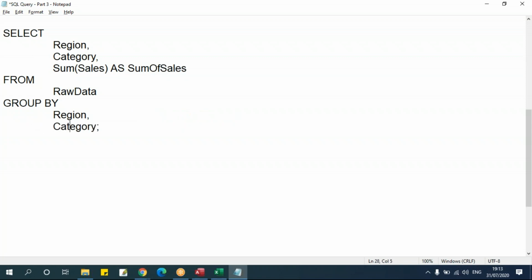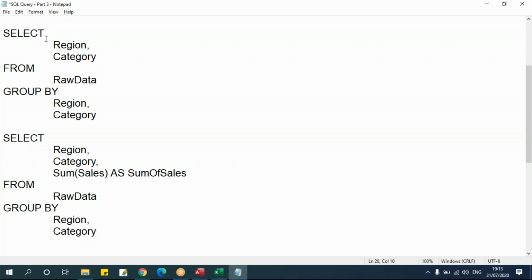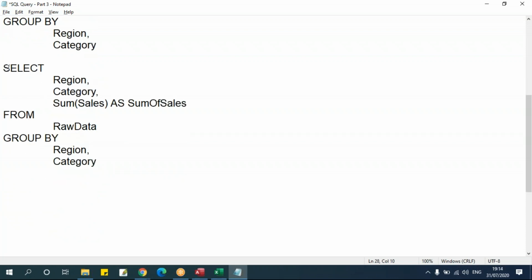Now let's understand this. In the previous query, if you see, you just select region, category from the table, group by, and you have specified the columns which you have taken in the select section. But if you come here below, here also you have taken region, category, but on the sales column, I'm using this sum. Sum is a function which will give me the total of the columns you have taken here, the region and category.